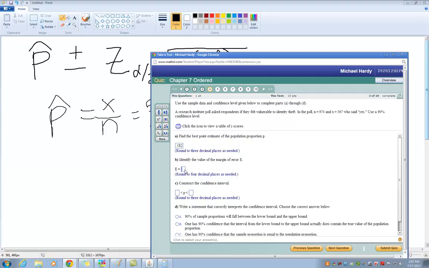Now, next idea is to identify the margin of error E. What they hoped for, I think, is for you to go through and look up a Z critical like we did on that earlier problem. I don't want to do that because I want to show you how we get a confidence interval when we've got StatCrunch at our disposal. But no, I have to do that. We don't have the raw data of that. So we're going to have to deal with this here. So, sorry about that.